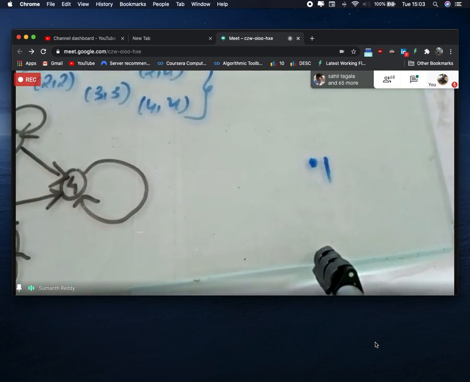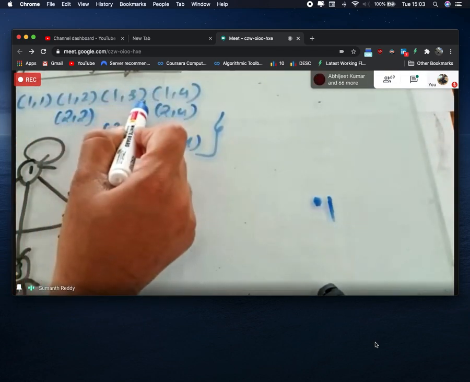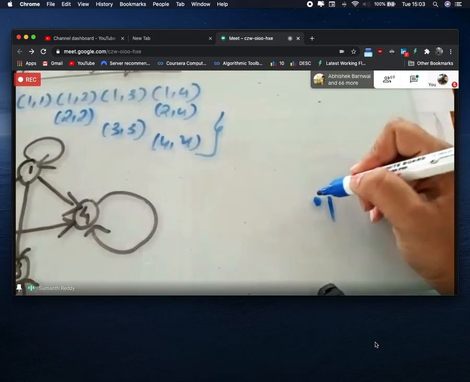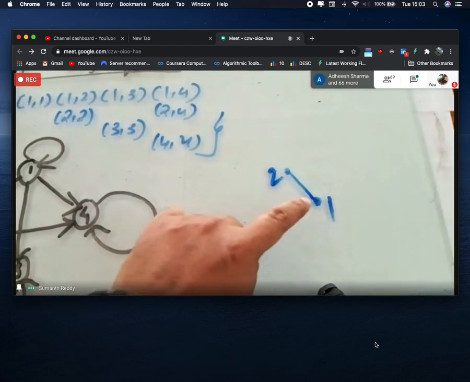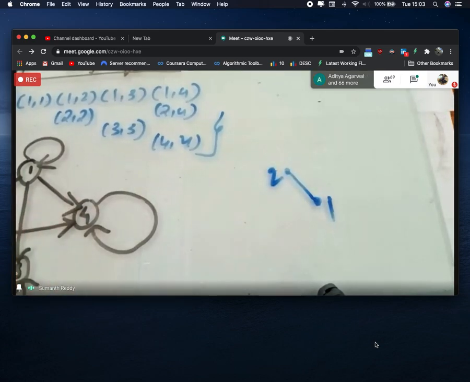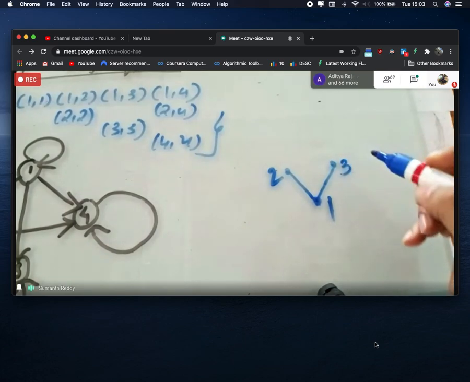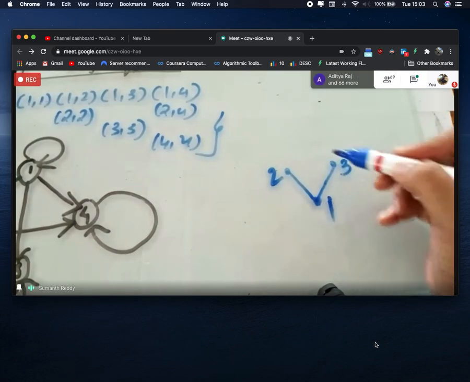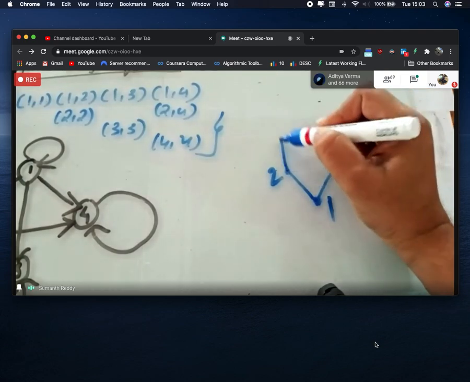Now if I put a dot, it indicates that 1, 1 is over. And I told you that always the relation should be drawn in the upward direction. By looking at these ordered pairs, we know that 1 is related to 2, 1 is related to 3, and 1 is related to 4. So now I will write 2 here. This indicates that 1, 1 is over, 2, 2 is over, and 1, 2 is also over. Similarly, 1 is related to 3, so I will write it in this way. Actually 1 is related to 4, but even 2 is related to 4, so instead of writing 4 from 1, I will write it from 2.